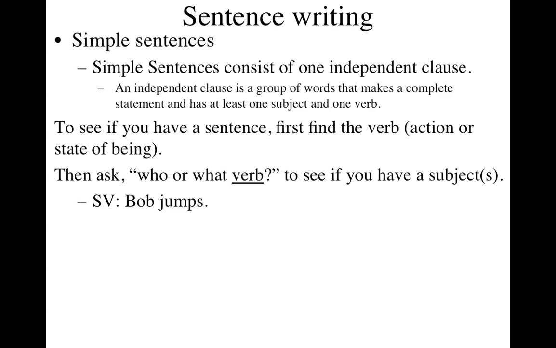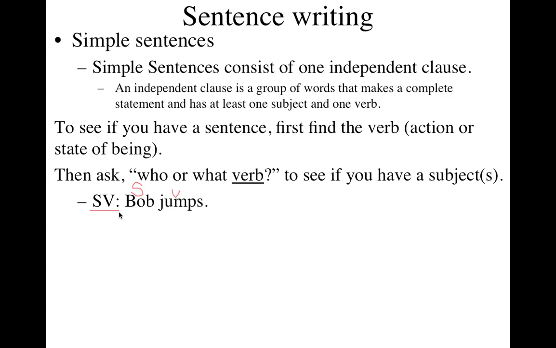Bob jumps. Is that a sentence? And is it a simple sentence? Well, I don't know. Let's see. Do we have a verb? Jumps. And then what do we ask to find the subject? Who or what jumps? Do we have an answer? Yes, we do. Your subject is Bob. Bob jumps is a simple sentence, and it has one independent clause: a group of words that makes a complete statement and has at least one subject and one verb. SV is the first sentence formula